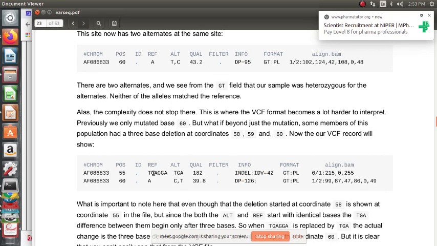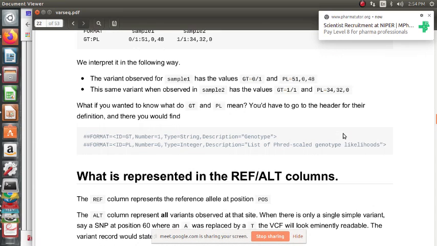Yes, so essentially we have deleted GGA, and this is a quality, and this is an indel, representing basically insertion or deletion, and GT is to PL, this is the GT to PL format representation.